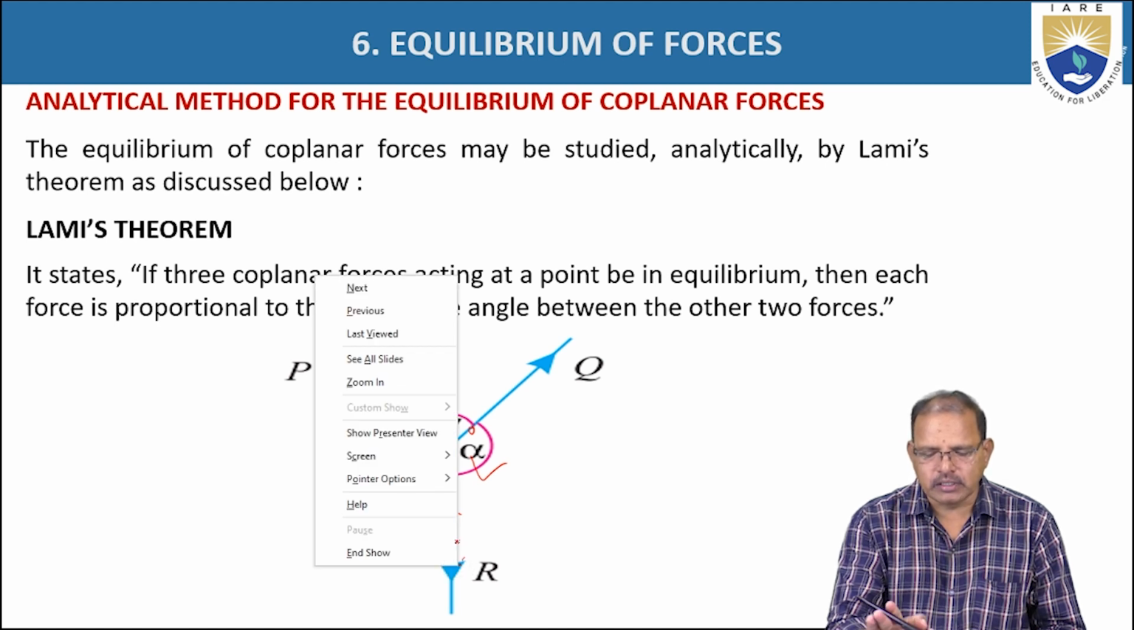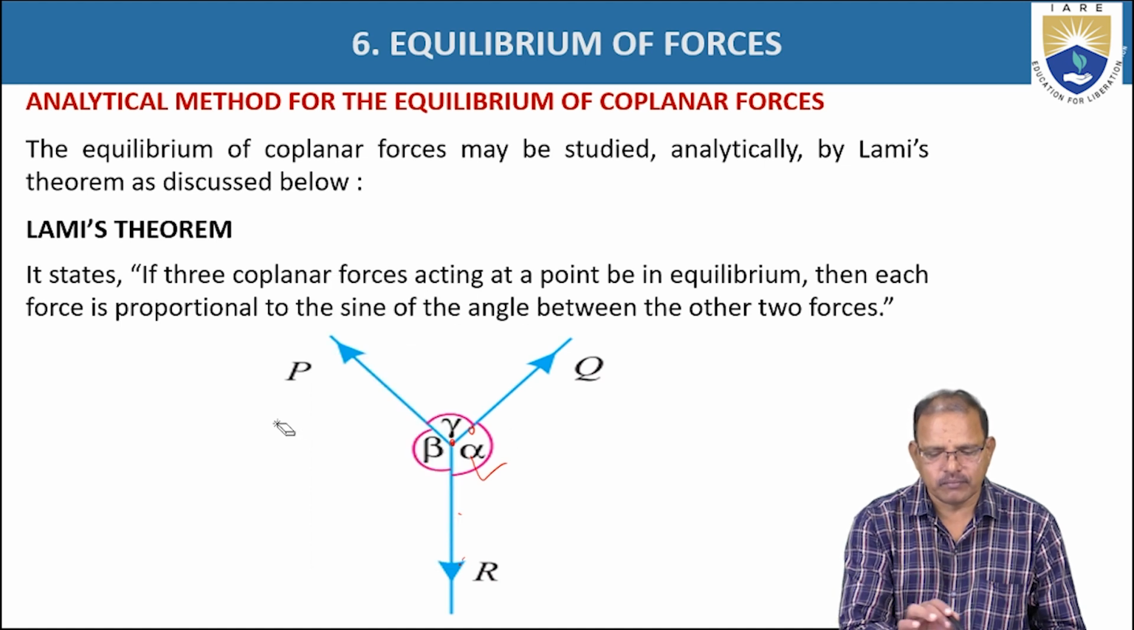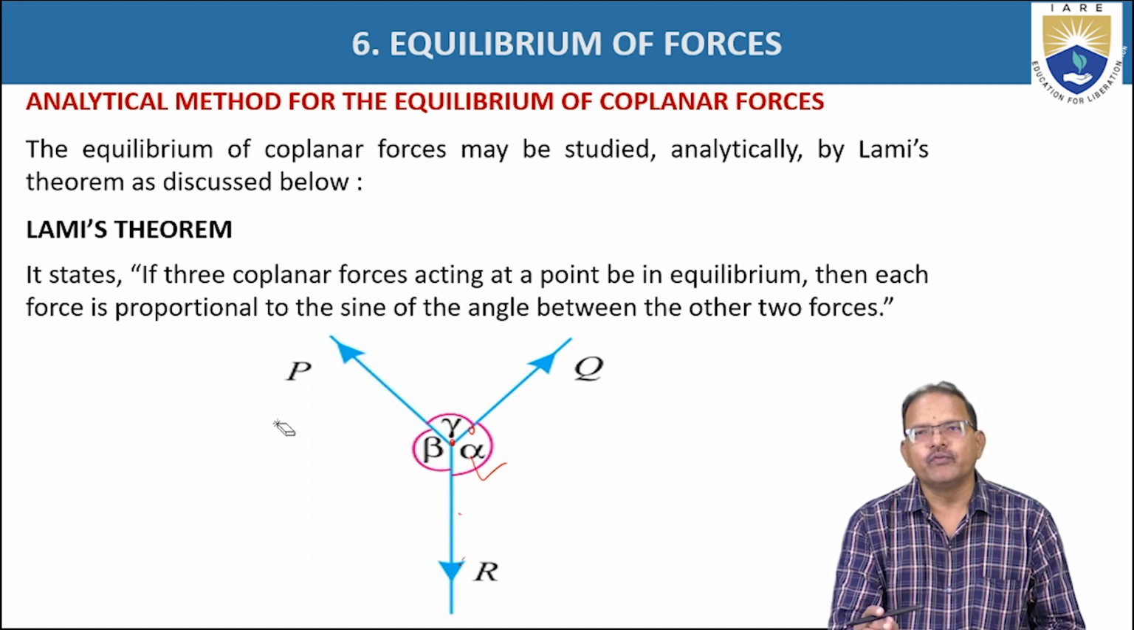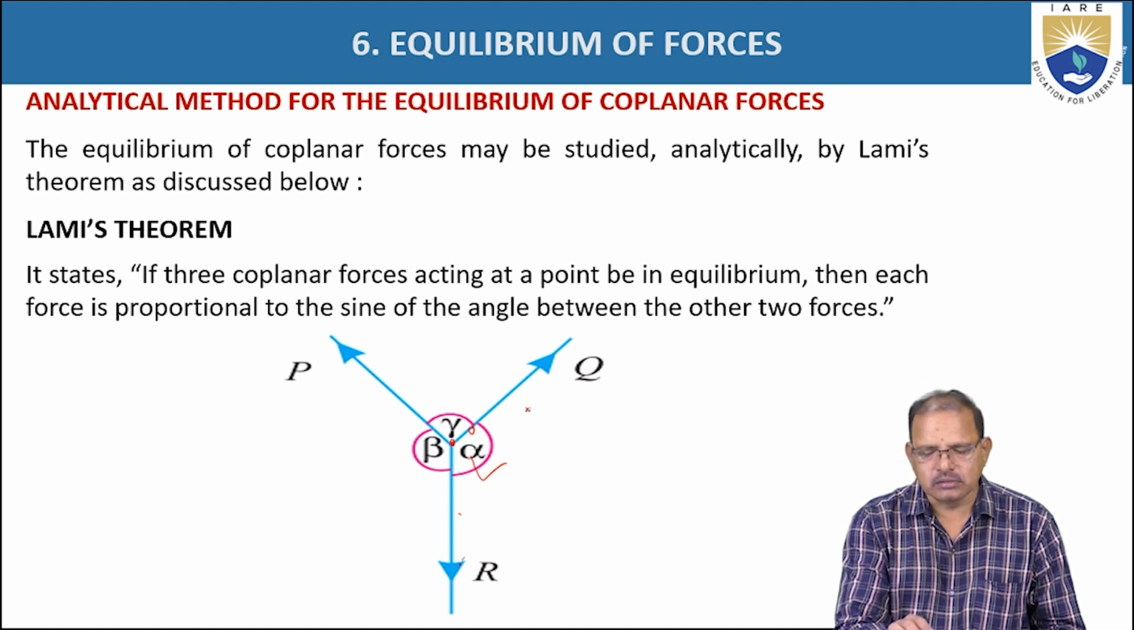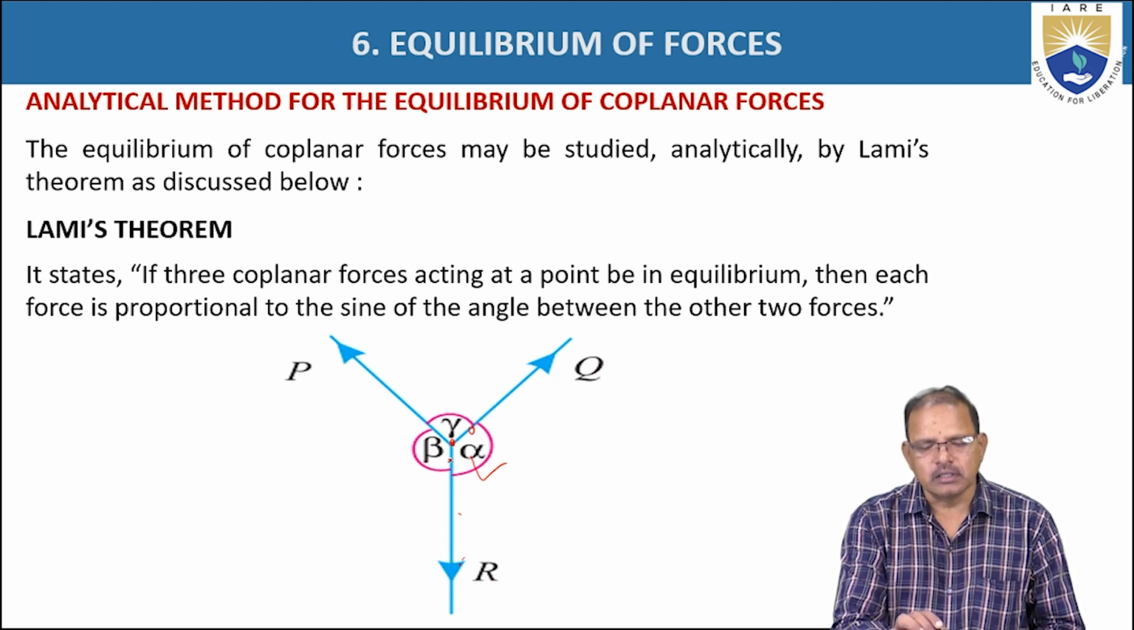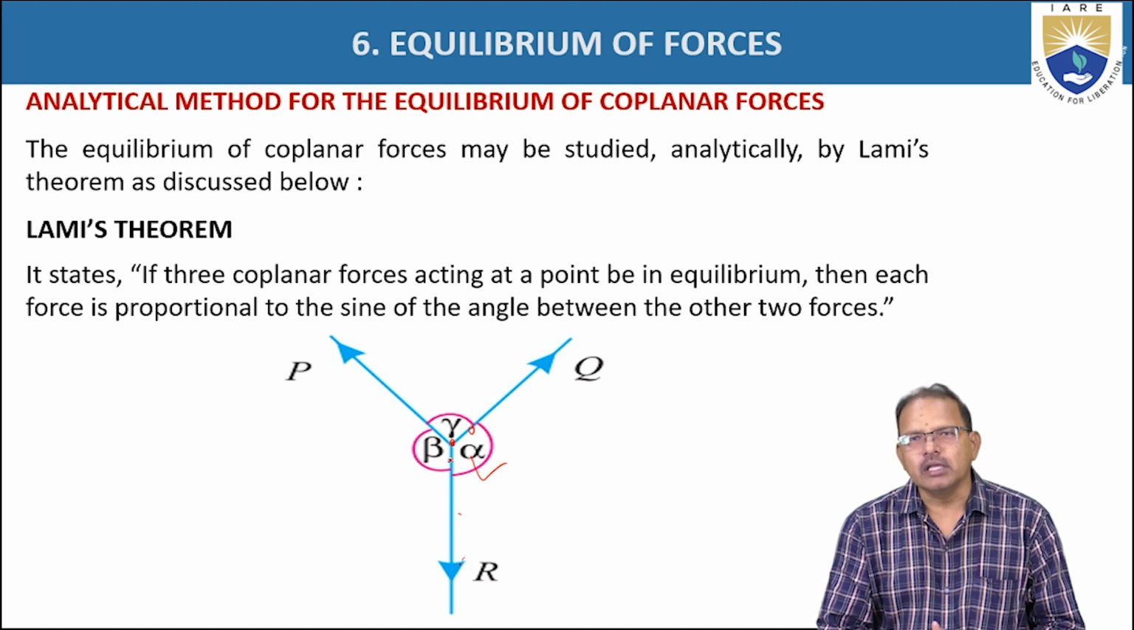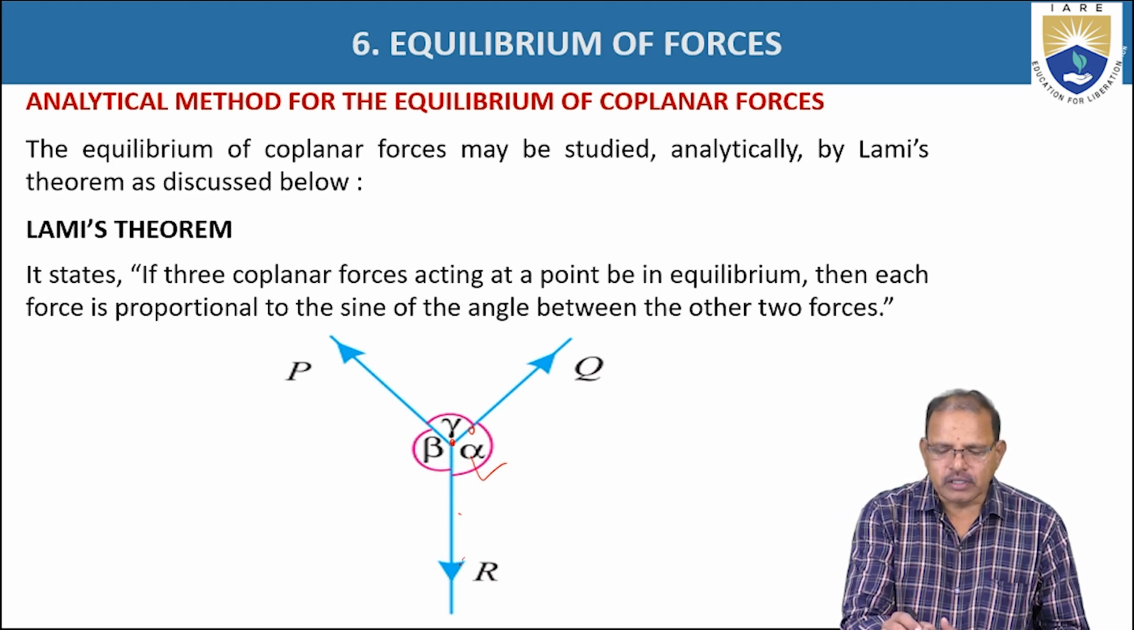The angle between the remaining two forces P and Q is represented as gamma. The angle between the other remaining two forces is represented as beta. That is, according to the Lami's theorem,